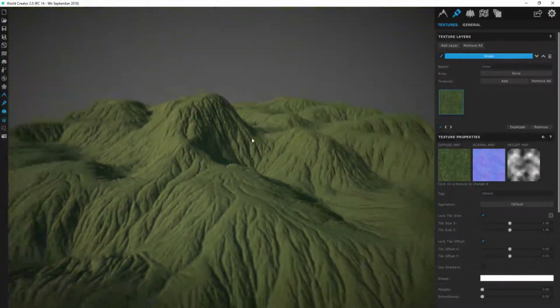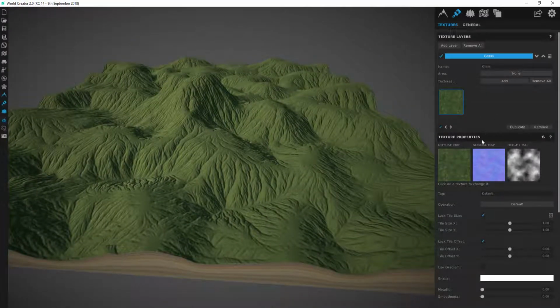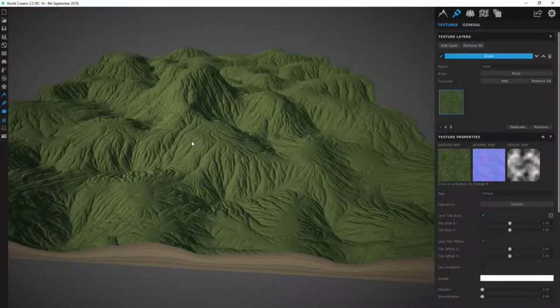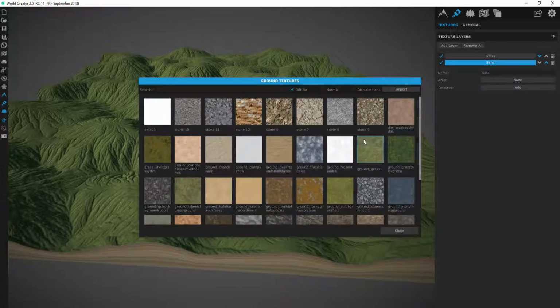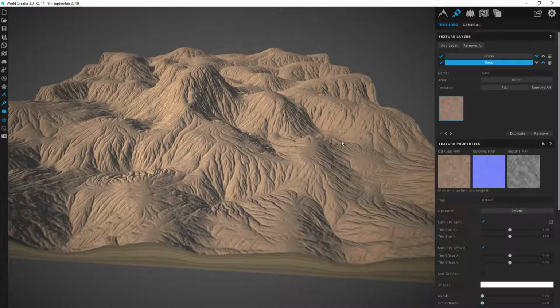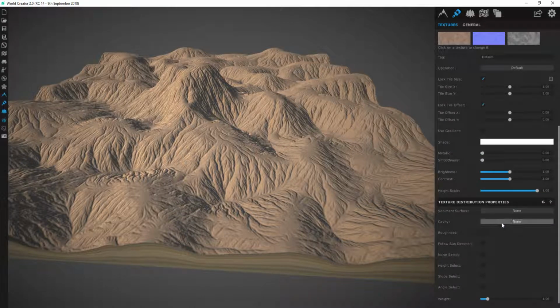Fine, this is not going to get exported, so I'm not even going to bother playing around with the map scale, because I don't care. Let's add the next layer, and I'm going to call this sand. I'm going to try and keep it the same as what I did previously, so then I know at least it. So for this one, what I want to do is a slope select